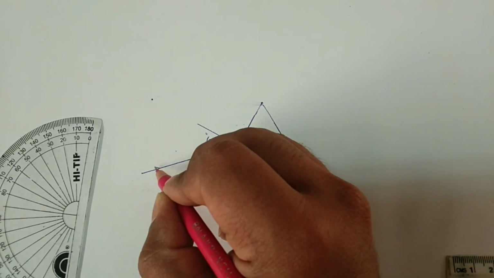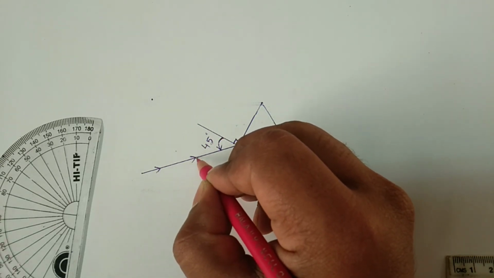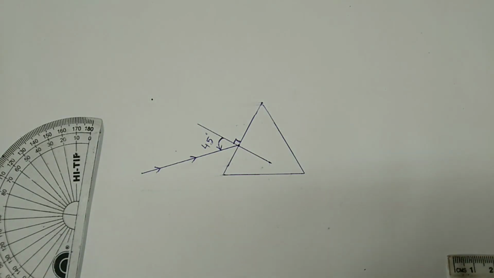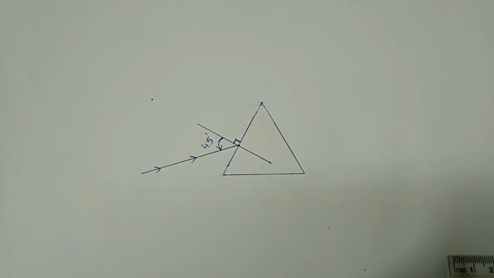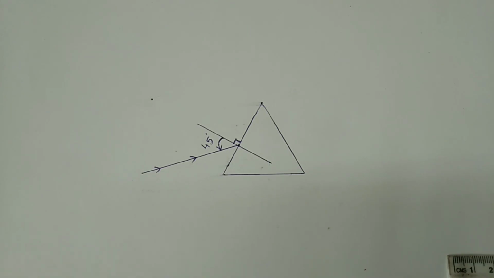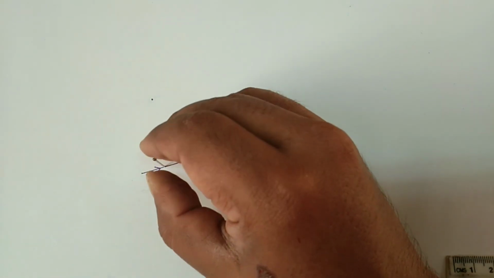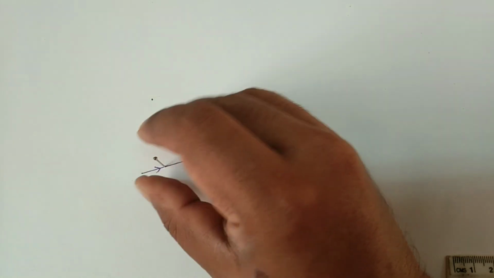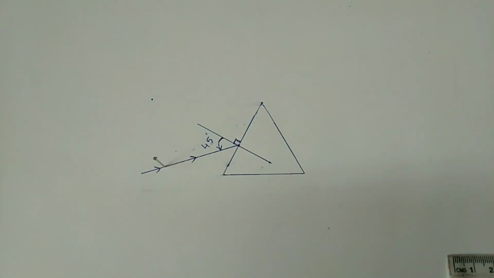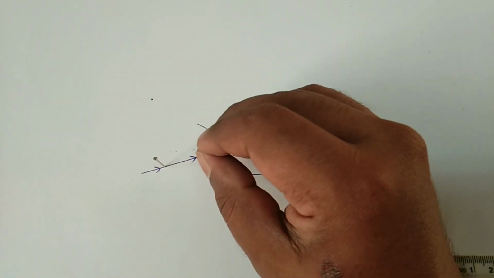See, this is my incident ray of light. I'll mark an arrow so that you will come to know. Now on this ray of light, I'll erect a few pins. Few means two, not more than that. So here I'll take two pins and erect them over here, students. See, I have erected one pin. Now I'll erect one more pin. See, students, you can see two pins are erected now.